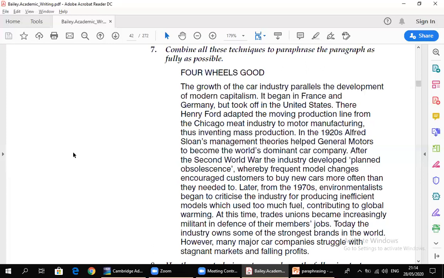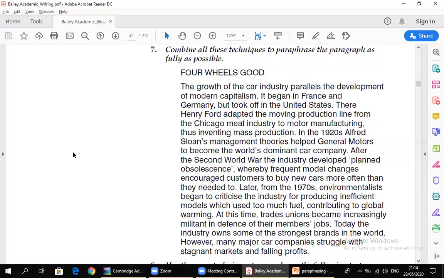In the 1920s, Alfred Sloan's management theories helped General Motors to become the world's dominant car company. After the Second World War, the industry developed planned obsolescence, whereby frequent model change encouraged customers to buy new cars